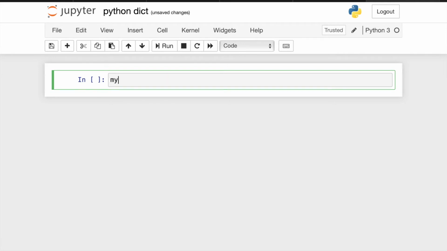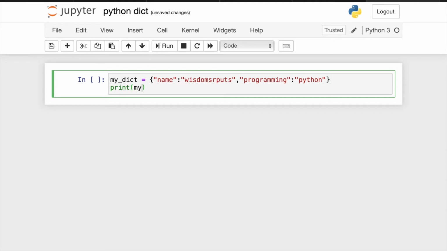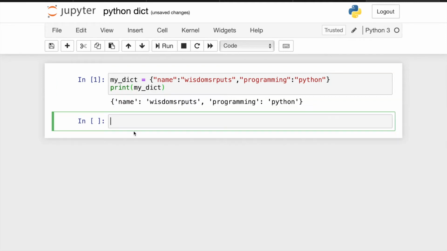But if you want to declare a dictionary, my dictionary is equal to curly braces, and you have to add key value pairs. So the key is, for example, name, then I write Wisdom Sprouts. Then the next one is programming, then I write Python. So this is how you can declare a dictionary in Python using curly braces, but make sure you write key value pairs. If you print my dictionary and run this program,